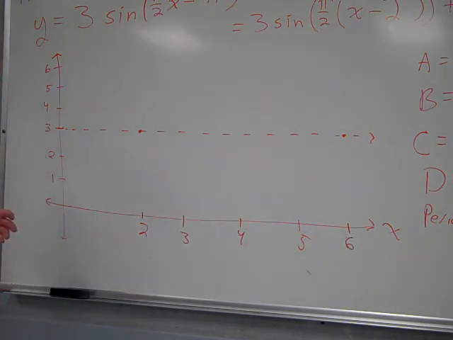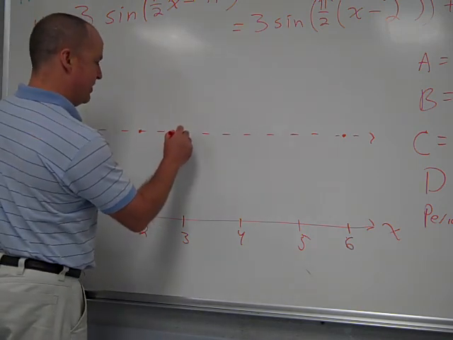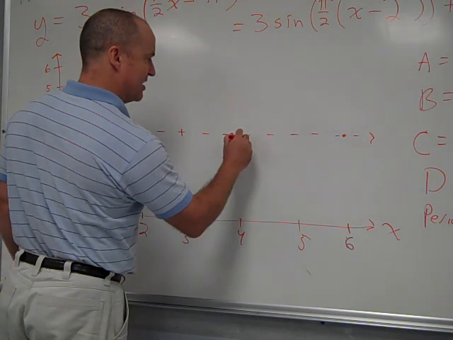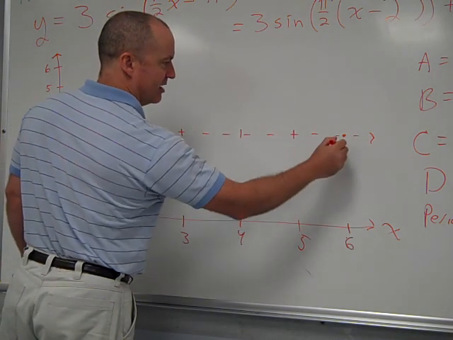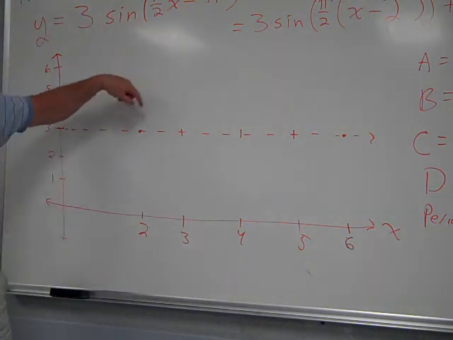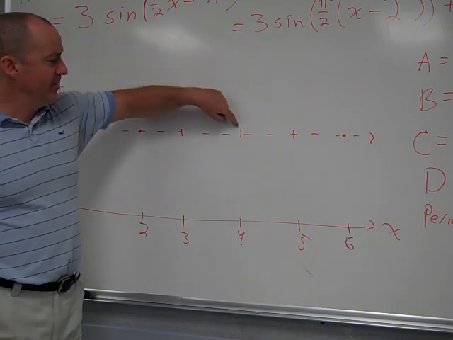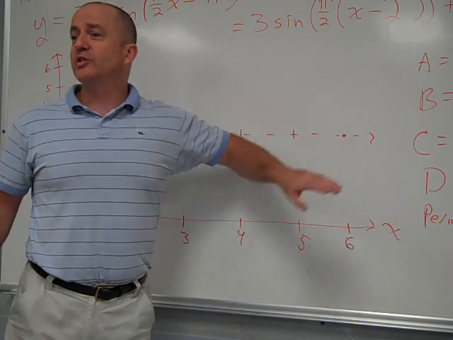Now, the way the first sine wave worked was we went from 0 to pi over 2, and then we had a peak. Then at pi we had a 0. At 3 pi over 2 we had a valley. And then at 2 pi we had a 0 again. That actually split a sine wave up into 4 parts. Middle to peak, peak to middle, middle to valley, valley to end. Those 4 parts are